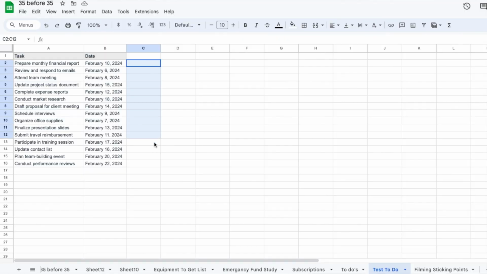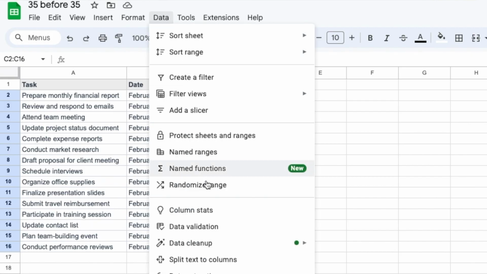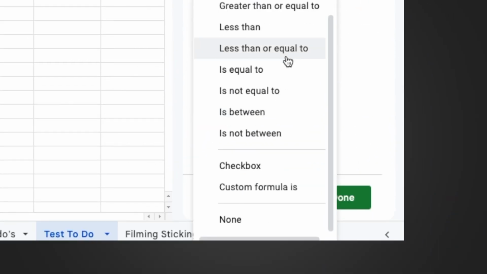So for someone visiting the sheet to quickly see what's left, you can make things much clearer for them. Create a new column and select a range for some tick boxes to go. Head to Data, select Data validation and head over to the sidebar that then appears. Select the criteria drop down, head to the bottom and select checkbox, which adds boxes to the range you've